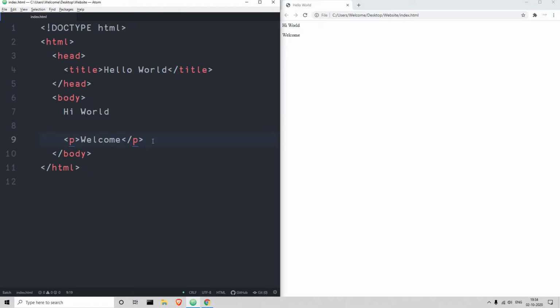So what the p tags create, the difference is that when you open a p tag, by default HTML knows that whatever follows the p tag and before the closing p tag has to be in a new line. The same way you can use it for this too. So you wrap the hi world text inside a p tag. Now I have wrapped the hi world text inside the p tag. I've saved it. I'll refresh this page.